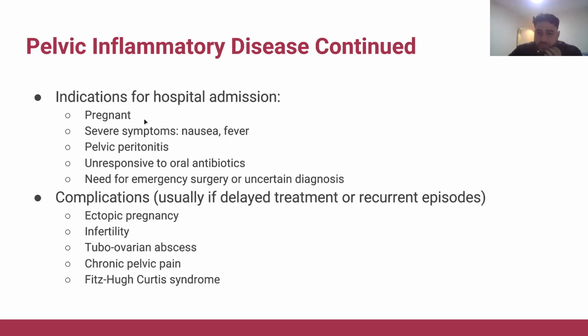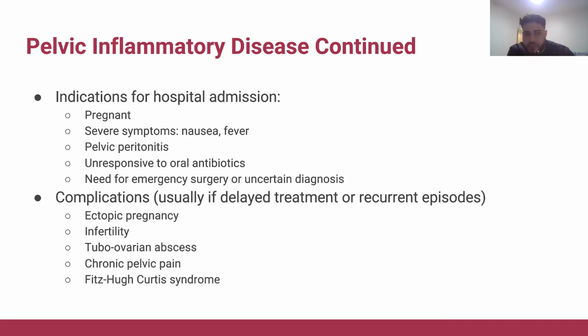In terms of the indications for hospital admission, if a patient's pregnant, that's a big one because you're worried about the infection spreading to the uterus, the infection spreading to the fetus. Any systemic upset, so fever, nausea, septic pictures. The minute any peritonitis begins to get involved, so patients that have rigidity and guarding, and if the patient isn't responsive to antibiotics as well, these are all indications where you may want to take a patient with PID for